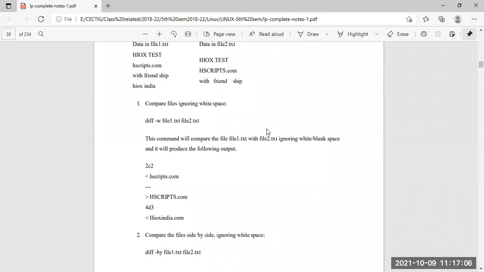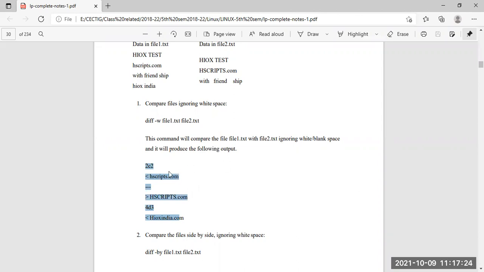So that's why, comparing this particular data, it provides some output showing the differences. These outputs will be much easier to understand in the practical part.